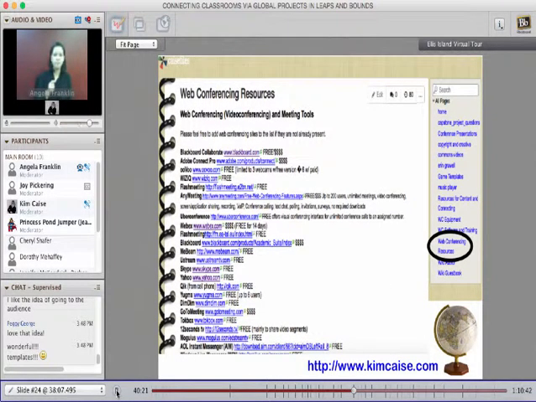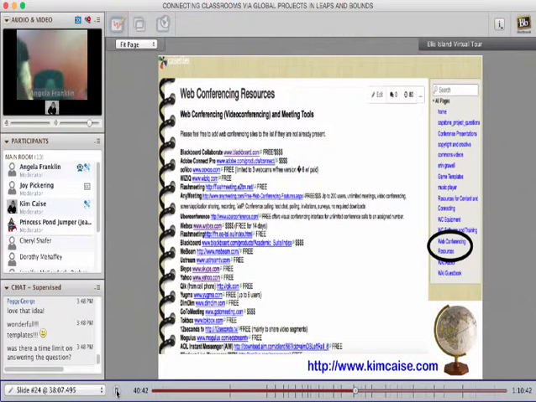And these are some of the web conferencing resources on this wiki. If you click on that page, there's a long list, and this is only just part of the different resources that you can use to meet in a room together for your web conferencing or webcasting. There's a whole bunch more.